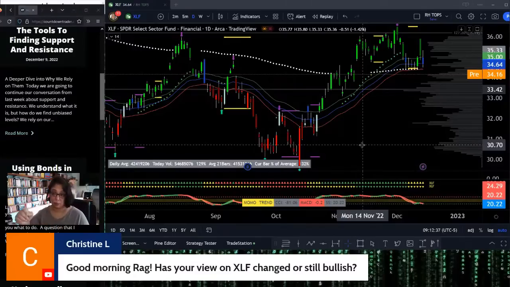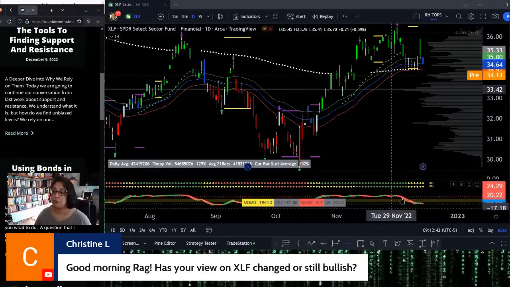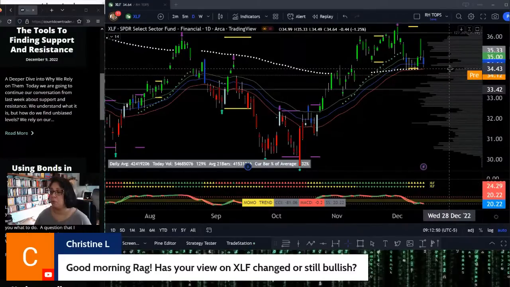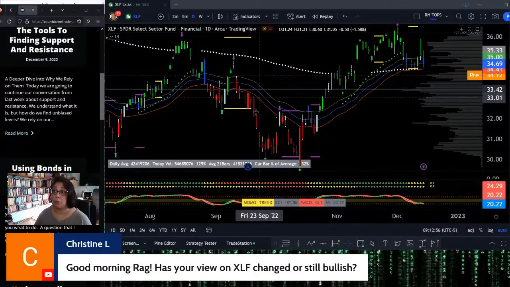However, my tactic will have changed. The way that I want to enter this, the strategy, right? Structure dictates strategy. And my strategy, as of specifically December 22, will have changed. I'm looking a little bit more towards, say, a 34.50 zone for an oversold buy. So I'm still bullish, but we updated the strategy because the actual structure has also changed.